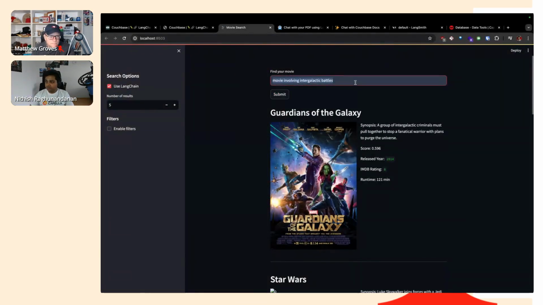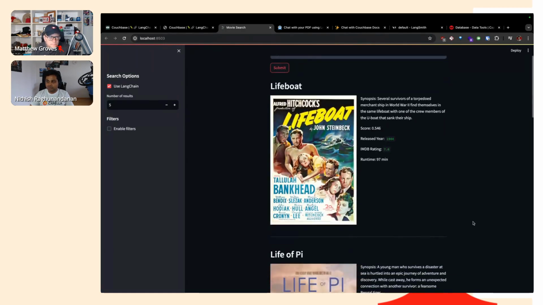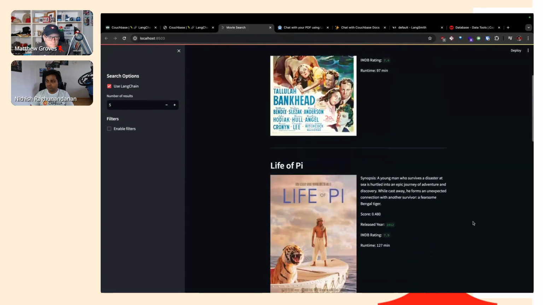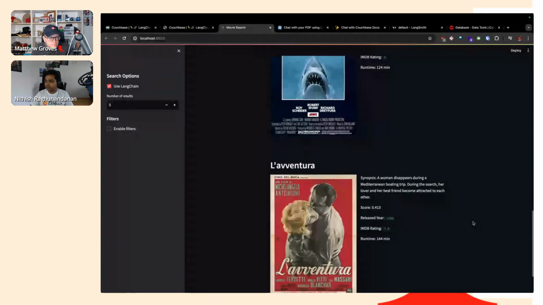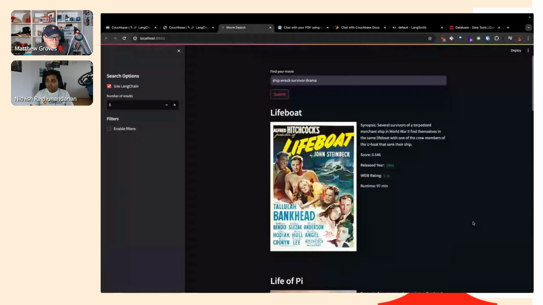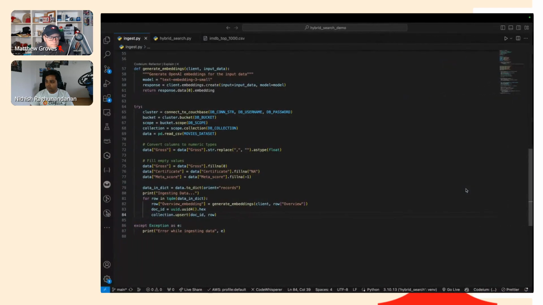We can also search for a different query string. So let's do a shipwreck survivor drama. So you get a different set of films, like Lifeboat, Life of Pi, Usual Suspects, Jaws, and a foreign movie again. Yeah, I mean, it can show you how this whole thing works.